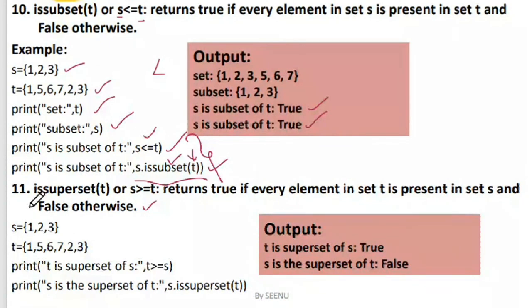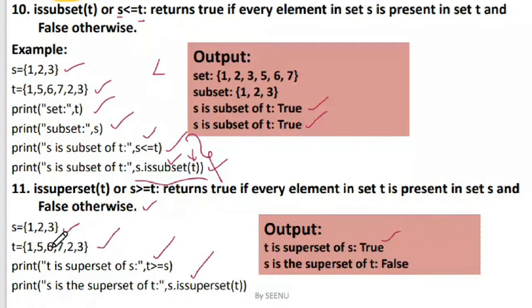Right. Now how to use is superset. Is superset can be used in a similar way to how I have used the subset. I can use greater than or equal to, or I can use the method is superset. So I have S as 1, 2, 3, and I have the same T over here. I want to check whether T is the superset of S. Yes, it is a superset, so it is giving me a true. Here I'm not checking S, I am checking for T. T is obviously the superset of S, so it's giving me a true.